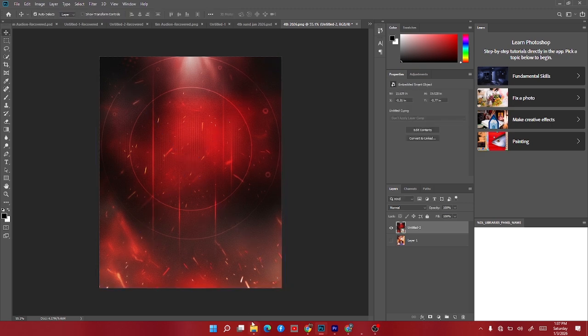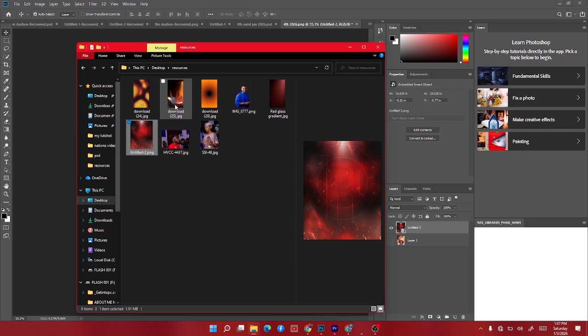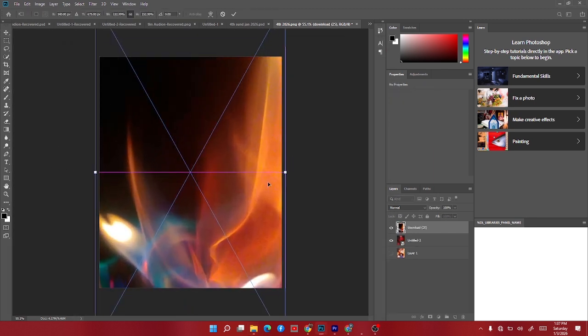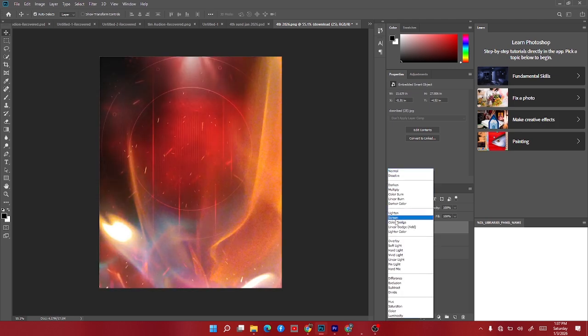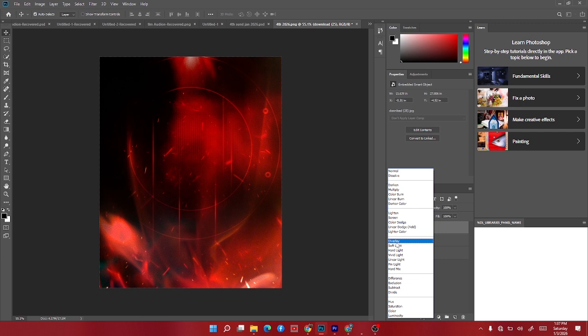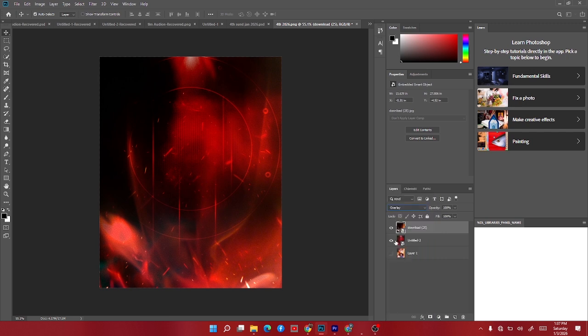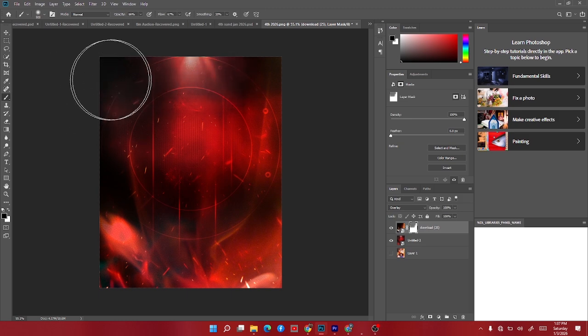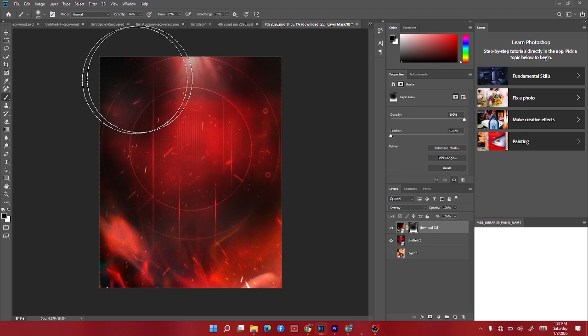After dragging and dropping it into Photoshop like this, you drag and drop this one into Photoshop also, increase it, change the blend option. This is okay. So add the layer masks on it. Now you brush all these parts. We don't want all these parts, so you brush it like this. Yeah, this is okay. So if you see the before and the after,